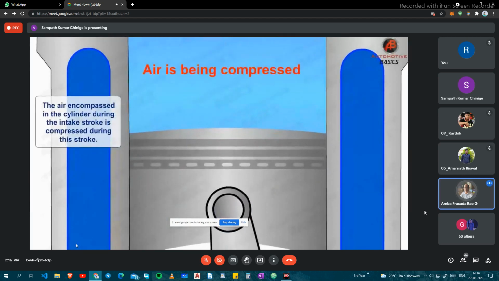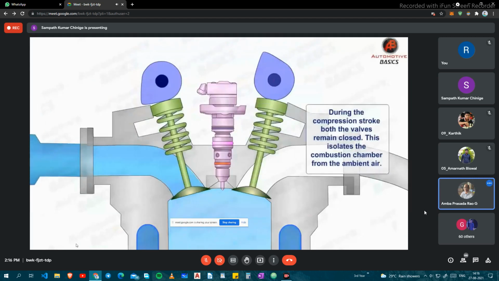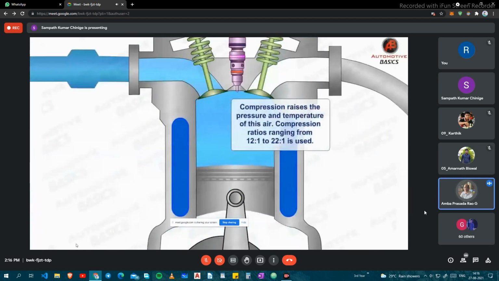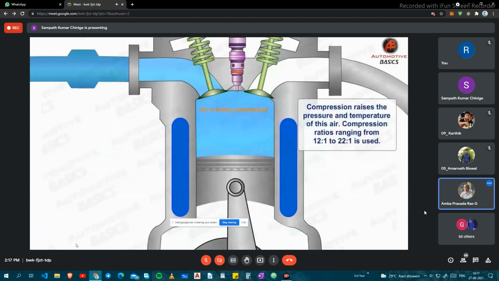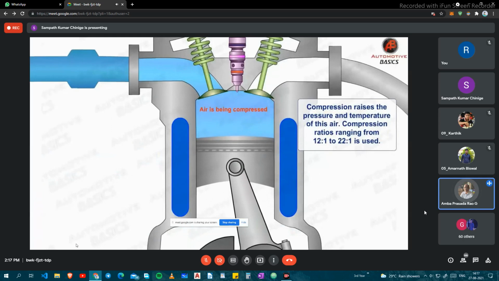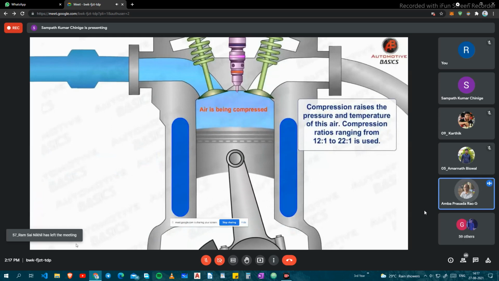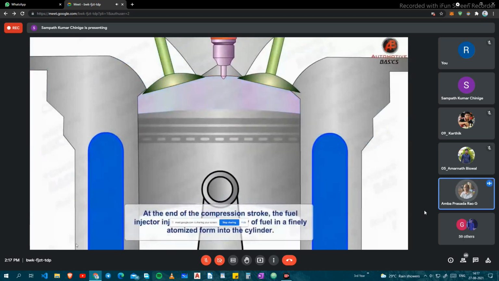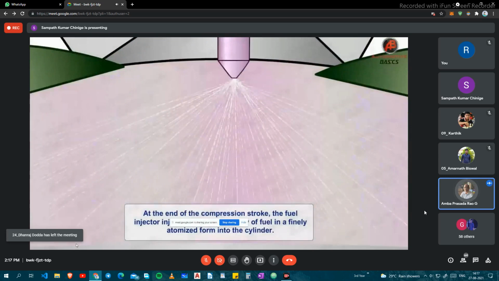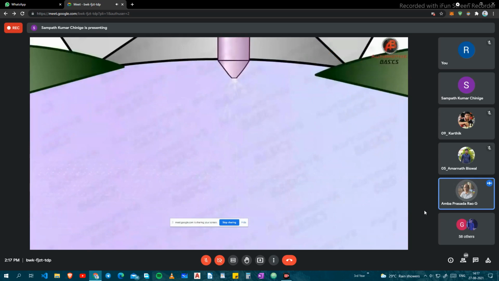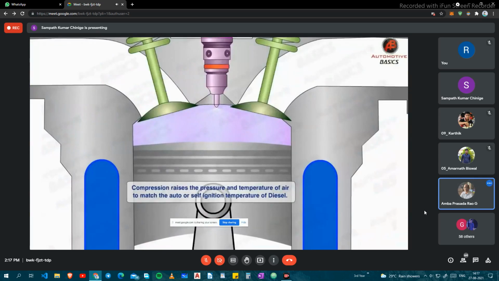Now the piston is on its way during the compression stroke, and air is being compressed to a higher pressure and temperature. Before it comes to the top dead center in an actual engine, the fuel gets injected. By the time the fuel is sprayed, it would have undergone some preparation, a dressing up of the fuel. The highly viscous fuel is pressurized to a very high pressure, and that high-pressure energy injects it into the engine cylinder through the fuel injector.